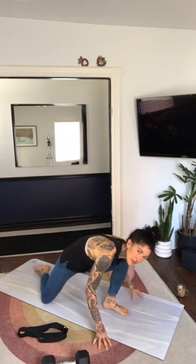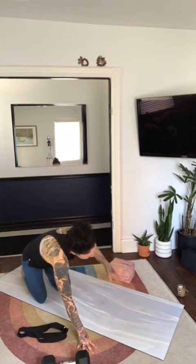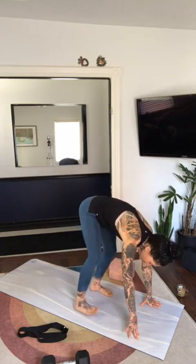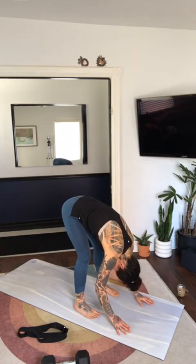Now shift out of that, use your hands to help you, it's nice to help yourself. And then take the leg back behind you, set your hands on the floor. If you can't do a downward dog, you could also just forward fold if that's better, for wrists or whatever. But take a second and notice if